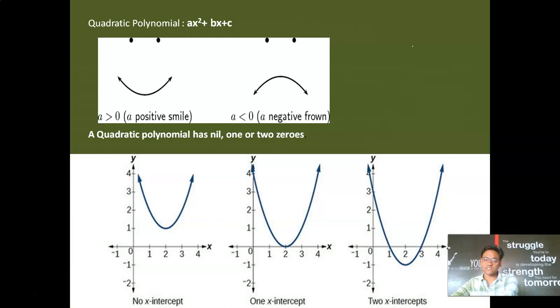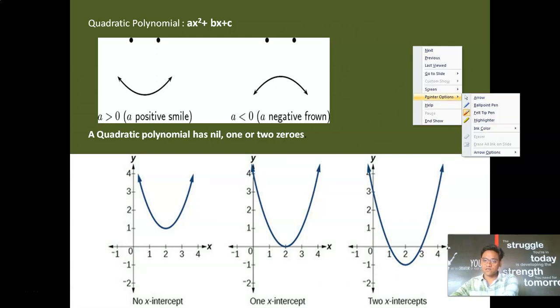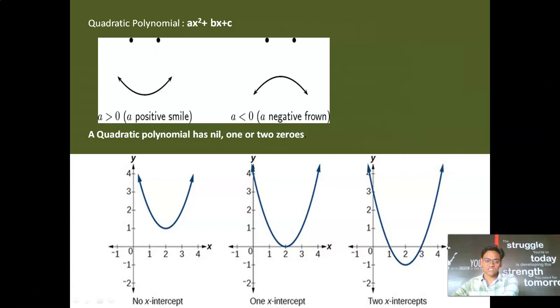In the first case, if you observe, let me change the color. See, in this first particular case, you can see this curve, this parabola, is not intersecting the x-axis at all. This is above the x-axis. Because this is not intersecting the x-axis, we will say this is the case of getting no real zero.